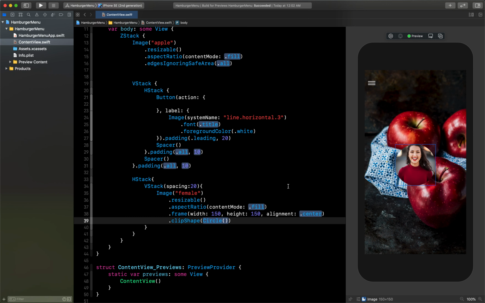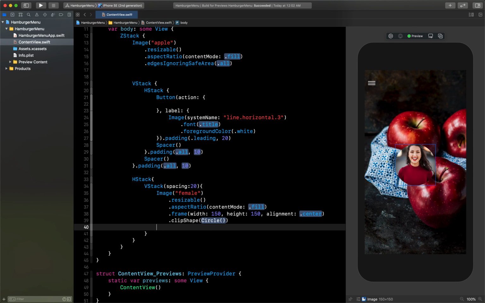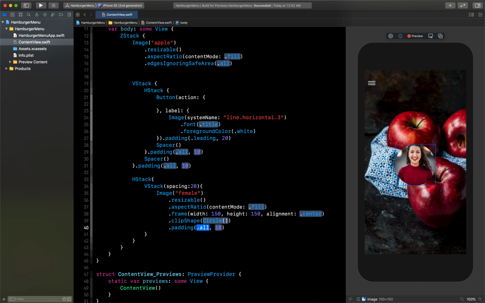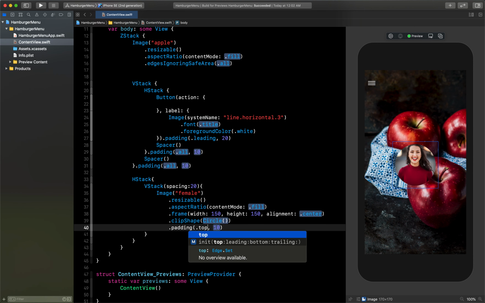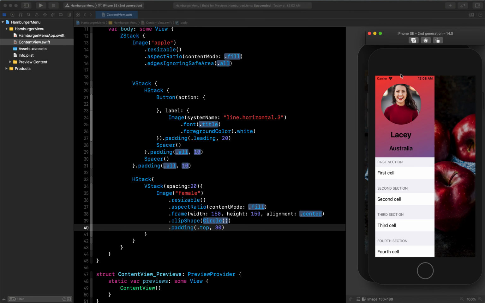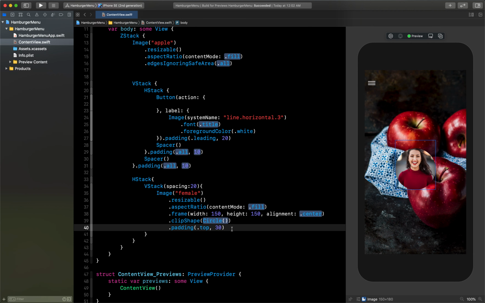And then I need to add some padding also to this. Padding of, let's say from top I will add padding of 30, so that it will not go beyond this. So that's why I am adding this 30 padding. Now we are ready with the image. You can see padding is added here.